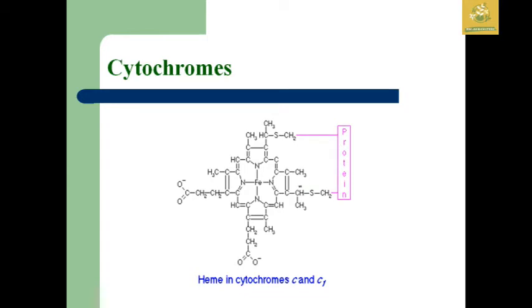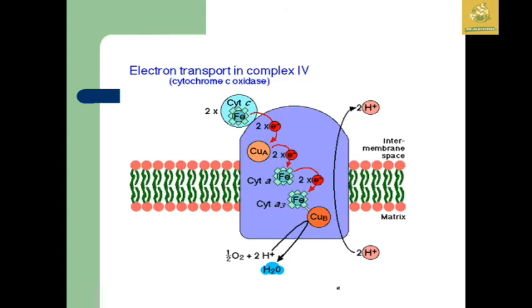You must also remember the heme in cytochrome c1 and c2, the cytochrome structure where the protein is activated. I have already told you that the iron gets reduced by the presence of electrons in this complex, and how half a molecule of O2 and 2 hydrogen ions give H2O, water, in the final reaction. It's how the protons are transferred from one side to another across the inner membrane and the matrix.